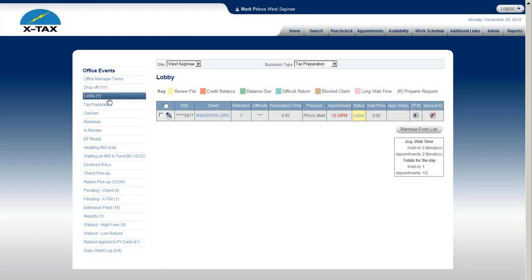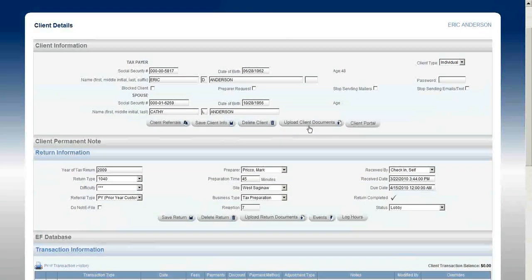Here they are in the lobby. Eric Anderson had an appointment with Mark Preco at 12:30. The ID for the taxpayer looks good. The spouse's ID looks like it's expired. So they would go over to the receptionist. Then the receptionist would click on their name, come up here to upload client documents,